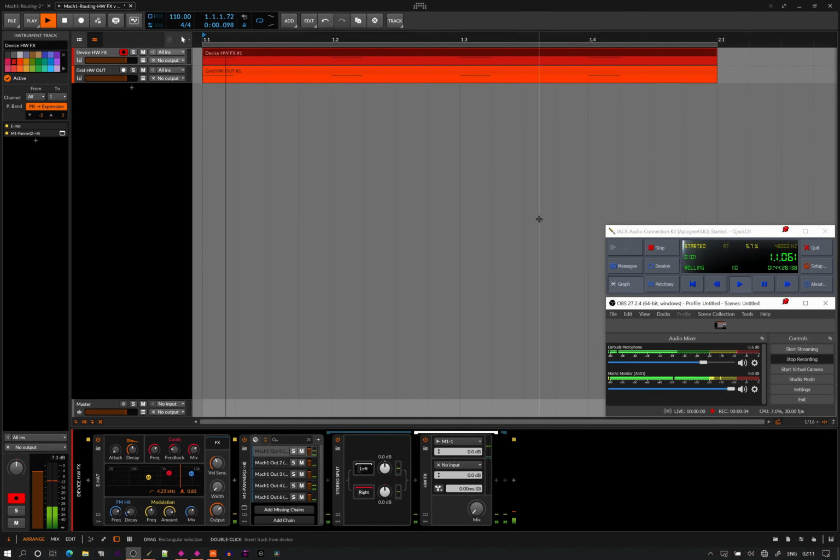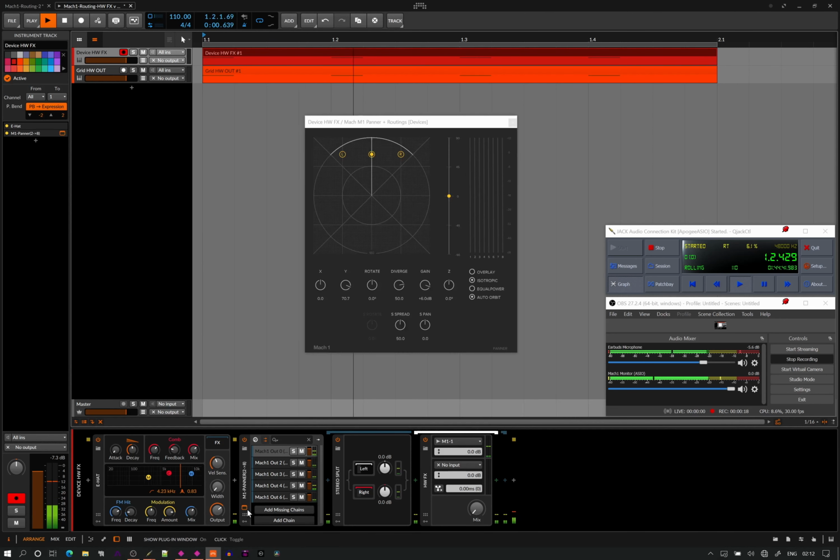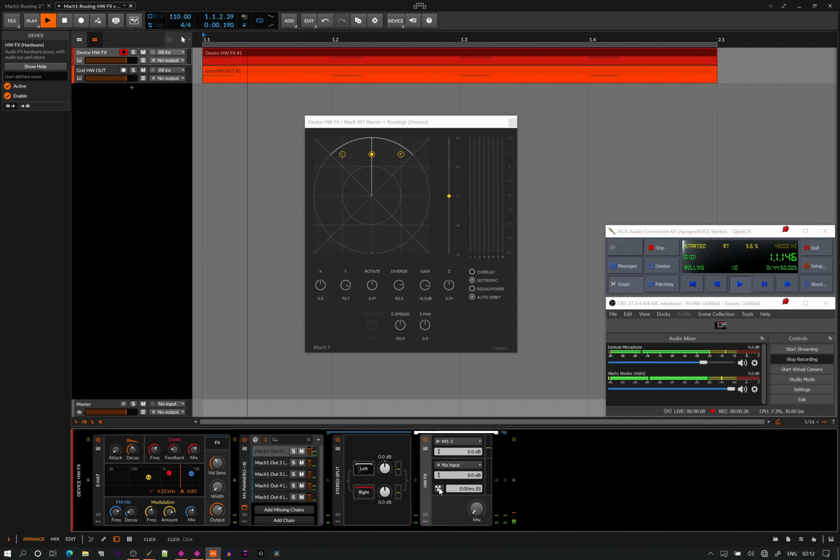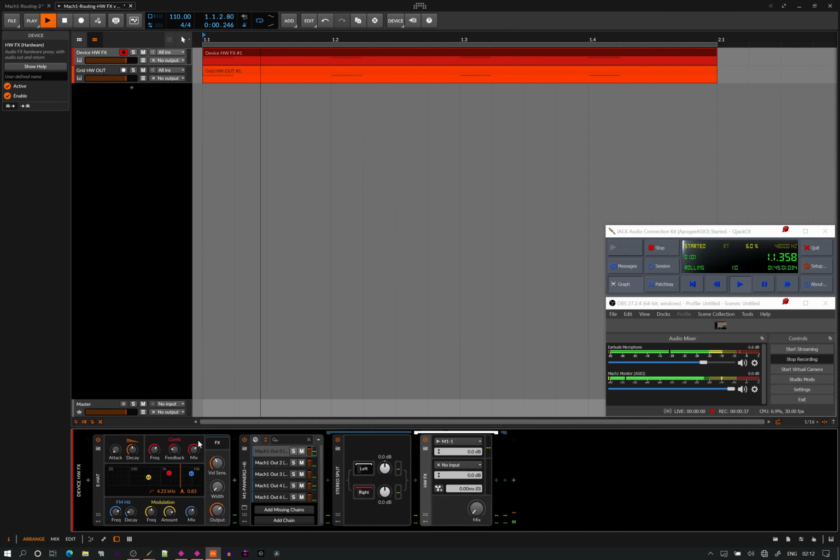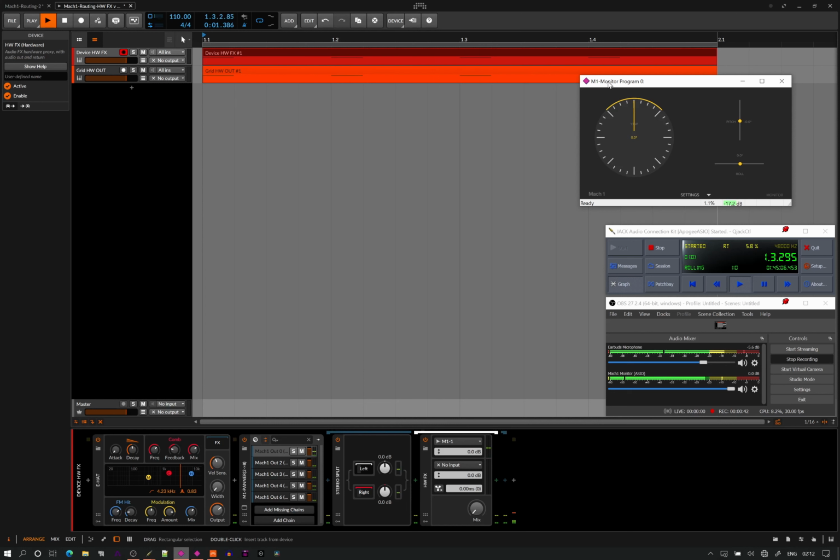Okay, I'm following on from the previous video where I showed you a way to route the outputs of the panners, the Mach1 Spatial Panners, using essentially the hardware effects device, and this allows you to create the pseudo 8-channel output to route that to your speakers or the Mach1 monitor,